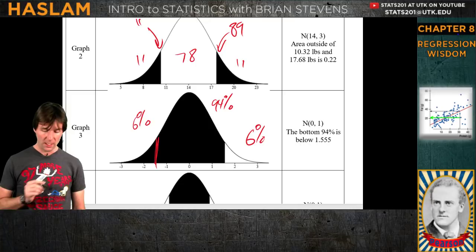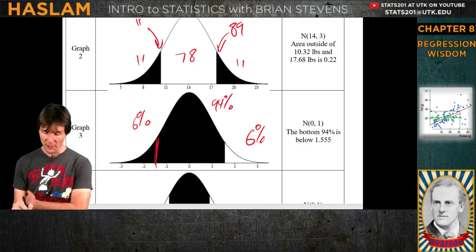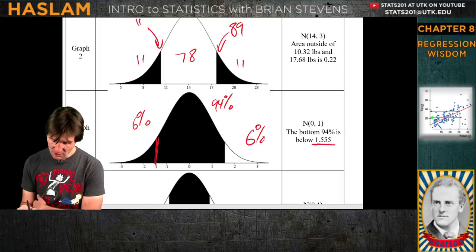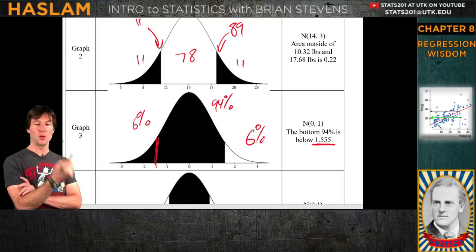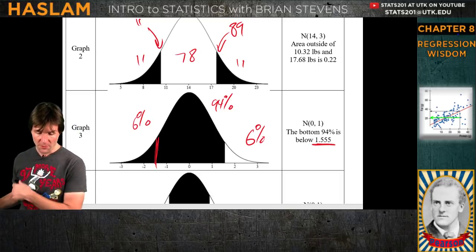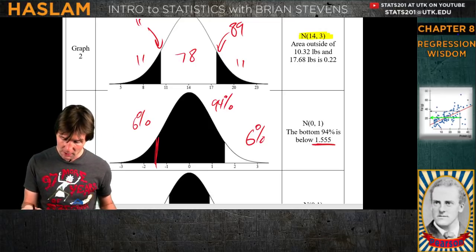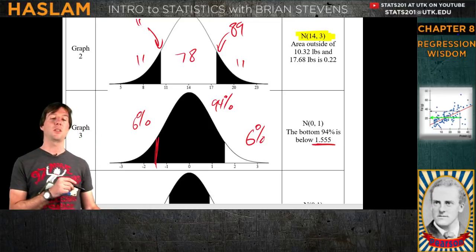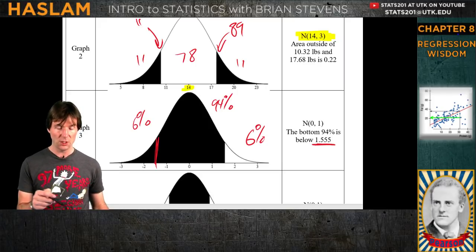So all of this right here, you know what I'm also going to do? I'm going to turn this z-score into a real number. Every time I see a z-score, I don't like that it's a z-score, or if I see a real number, I don't like that it's a real number. I want to see both the number and the z-score. But this one right here, we're going to take. Now, if you notice, this problem deals with a normal curve with the following. Does everyone see that this normal curve is 14 and 3, which means the center of it is at 14, and each standard deviation goes up by 3.